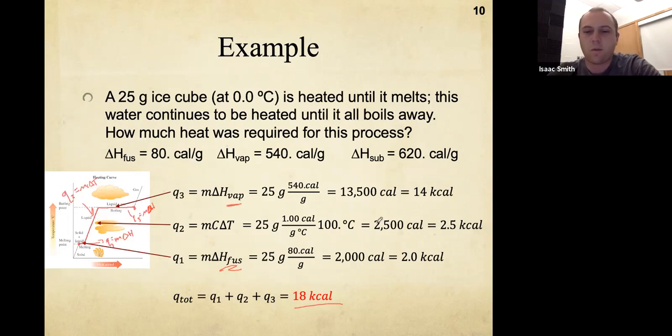I've also gotten some questions on when to round to the correct number of significant figures. And the answer is it doesn't really matter. It's easier to just round as you're going along. So here this was rounded, right, to 2.0, 2.5, and 14, and then it was added up at the end. It's kind of interesting if you actually do the problem rounding while you do it or at the end. You'll see that you will get a slightly different number probably, but once you round it to the correct number of sig figs,